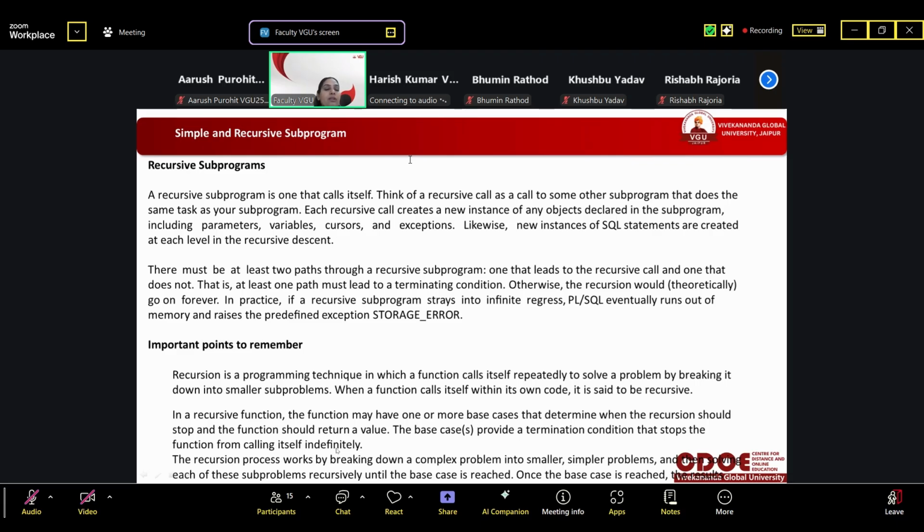If we are writing that i less than 10, it will be repeated up to 10. The function will be called itself up to 10. And as the base case arrives, as the termination condition is reached, the function will stop. So the recursion process works by breaking down a complex problem into smaller and simpler ones, solving each of these subproblems recursively until the base case is reached. Once the base case is reached,